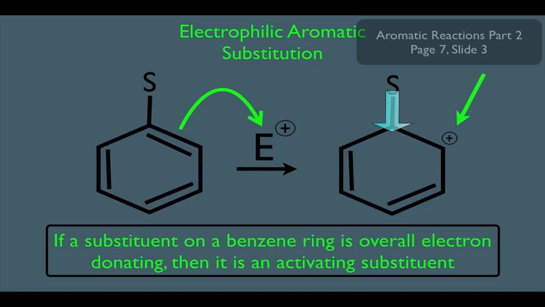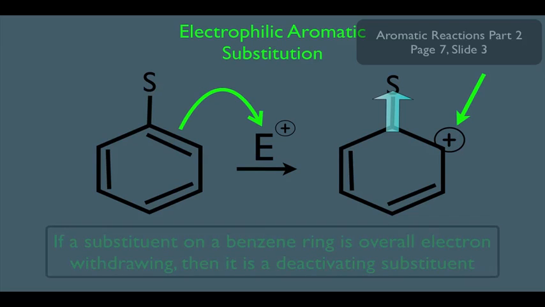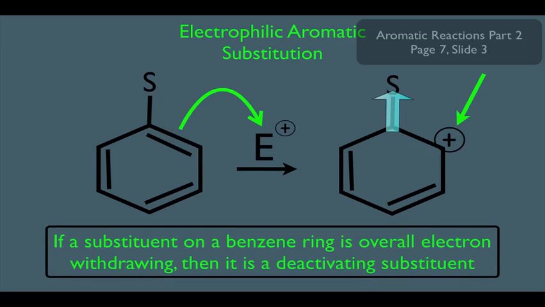But now in this online lecture, we're saying the substituent is overall electron withdrawing. Pulling electrons away from a positive charge makes it even more positive and therefore less stable. So, hence the key point here, in this case, if a substituent on a benzene ring is overall electron withdrawing, then it is a deactivating substituent. So, it's important to know this truth, but it's just as important to know why, and that's why we're taking the time to